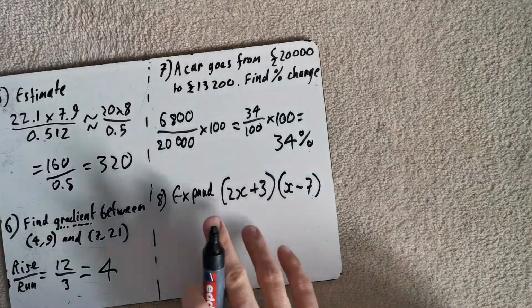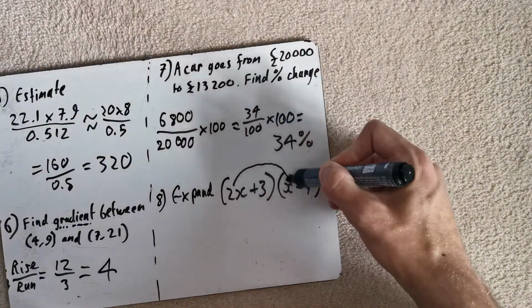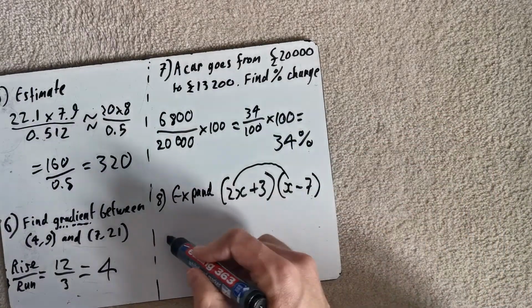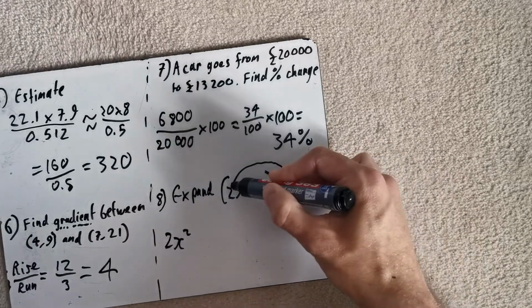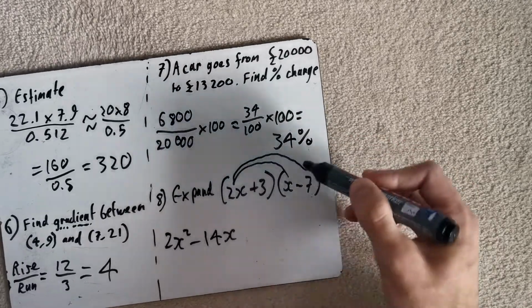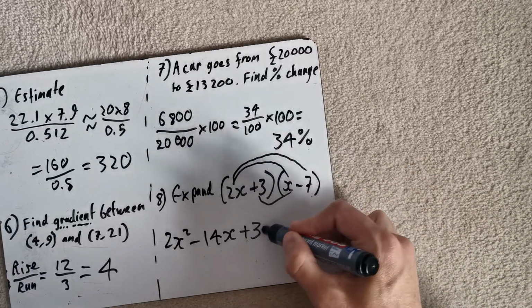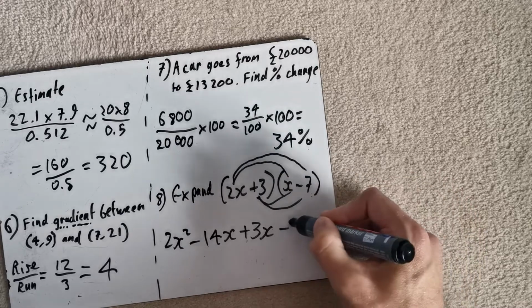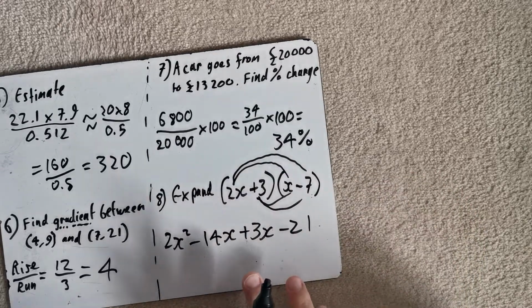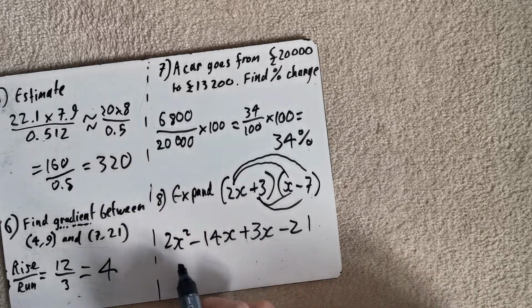And this last one, the one that I've just made up, expand these out, so do 2x times x, which is 2x squared, 2x times minus 7, which is minus 14x, 3 times x, which is 3x, and then 3 times minus 7, which is minus 21. I should have put expand and simplify, so if we simplify this,